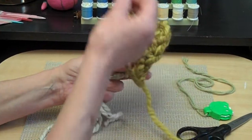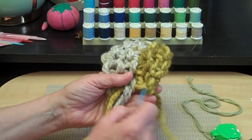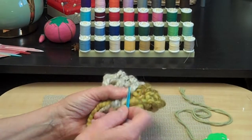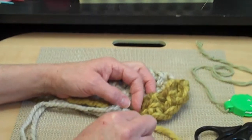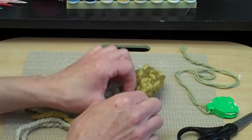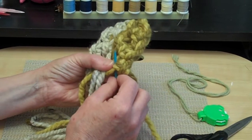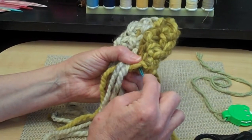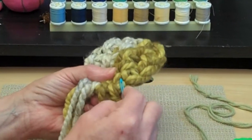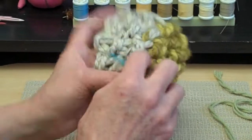Now you want to make sure when you begin to weave in that you don't go back through the stitch you just pulled those through, because that's your last cast off stitch. So you want to come back and go next to it. You want to make sure that you're coming up and under, not into, a stitch. You want to be under a stitch, not through a stitch. And so you're going to be doing what's called posting. So you want to bring your yarn through and go around the yarns, making sure you're not splitting your plies. And you're basically going to be wrapping it,